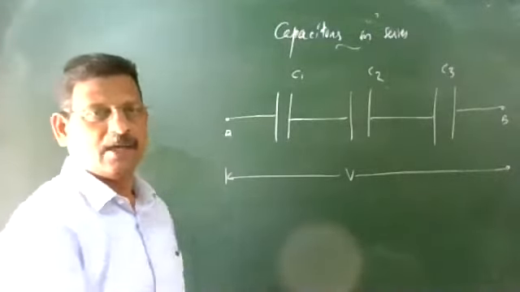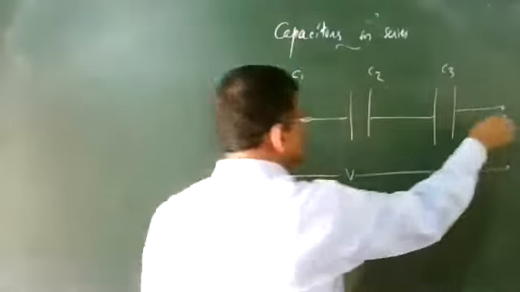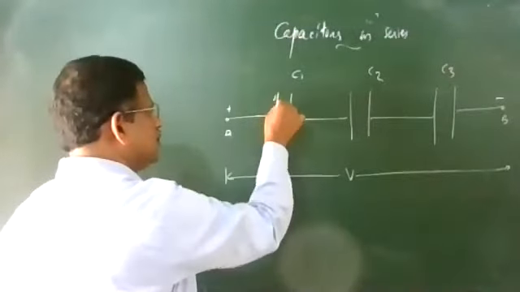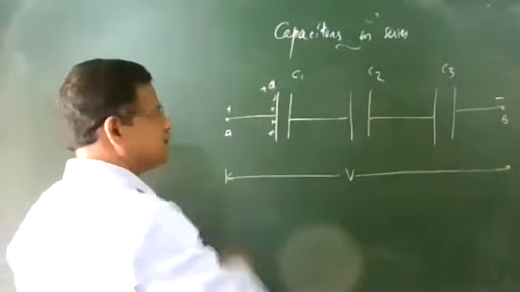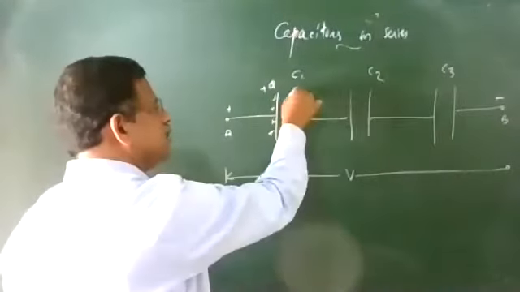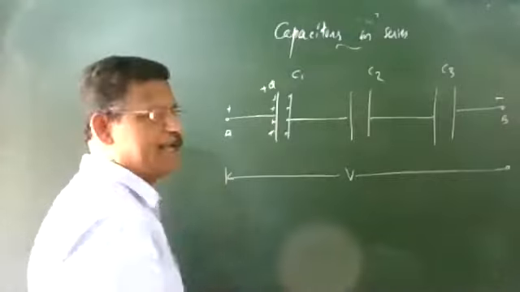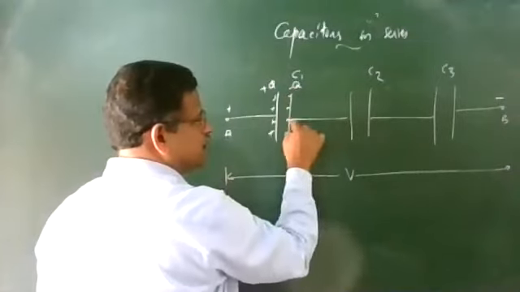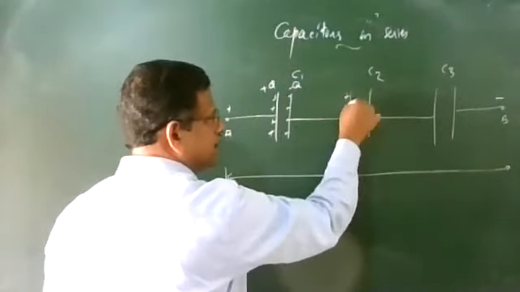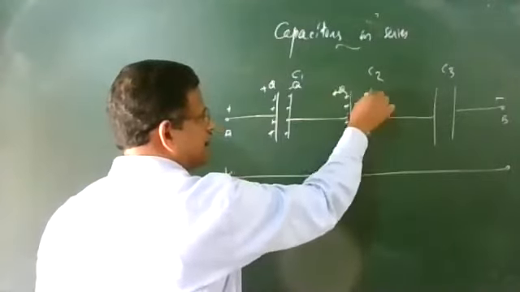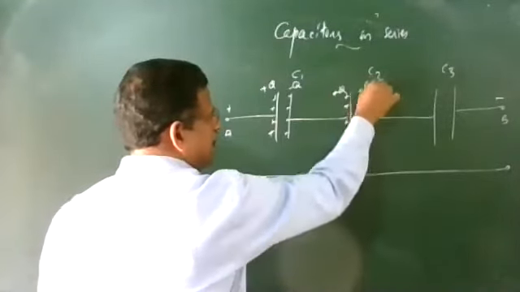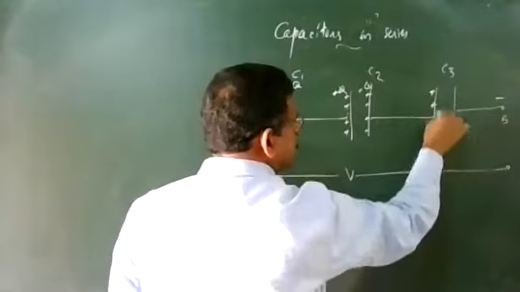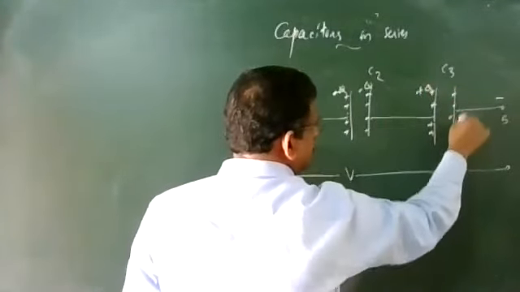Suppose we are connecting a positive potential to the point A and negative potential to the point B. What will happen? You can see the arrangement. The positive charge will accumulate on the left side. By induction, negative charge will be produced on the inner side, and equal positive charge will be produced on the outer side, because this connection wire is there. Again by induction negative charge will be produced here, and positive charge on the outer surface because of the connection, and it goes to the next one. So like this, you have positive charge and negative charge involved.